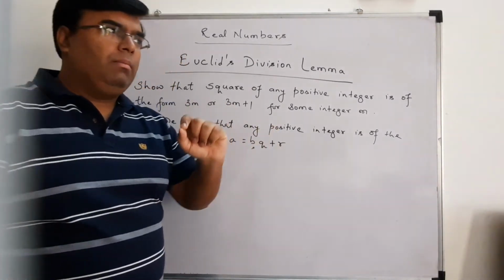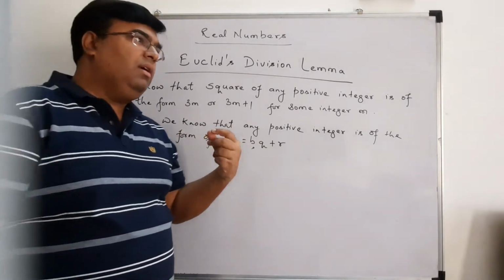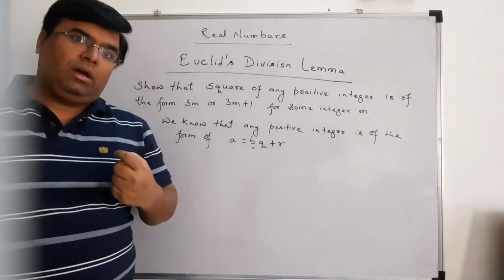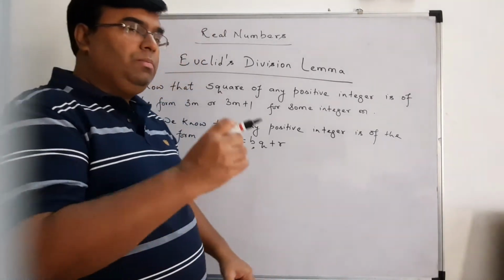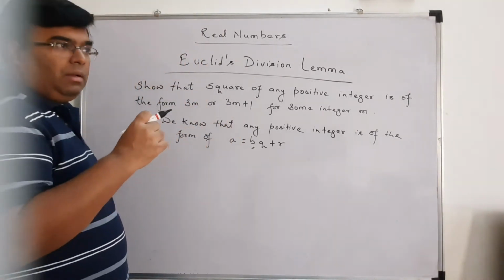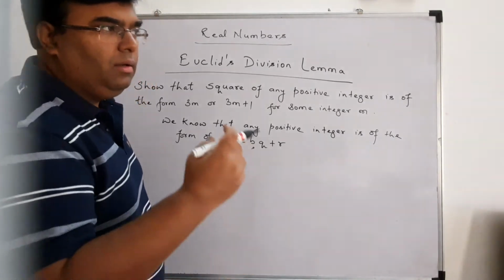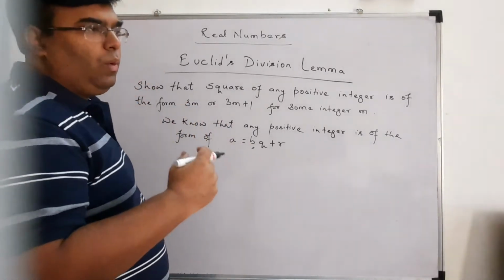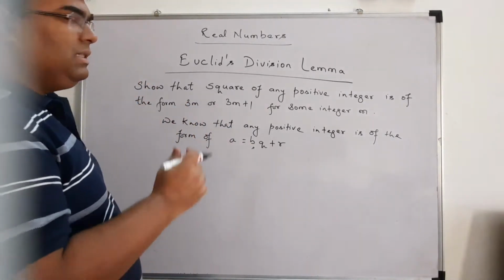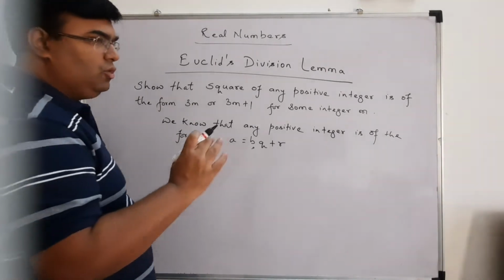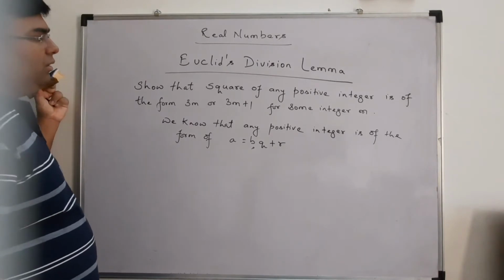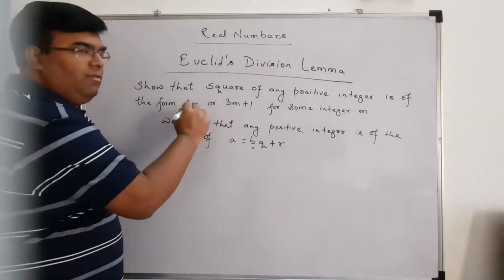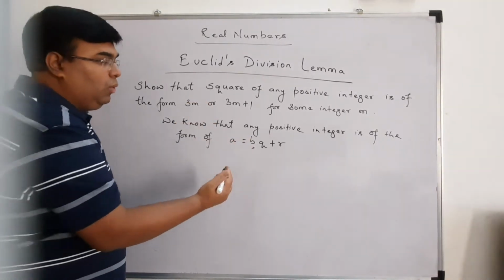We will try to choose b as small as possible. Why? Because we have seen that if we increase b, our remainder will also increase. If we choose b as 2, we get remainder 0 and 1. If b is 3, then it is 0, 1, 2. So we get fewer cases when we choose b as a smaller number. And this question will give you a hint what to take as b.